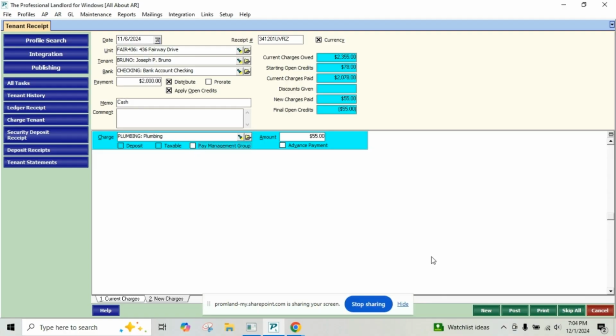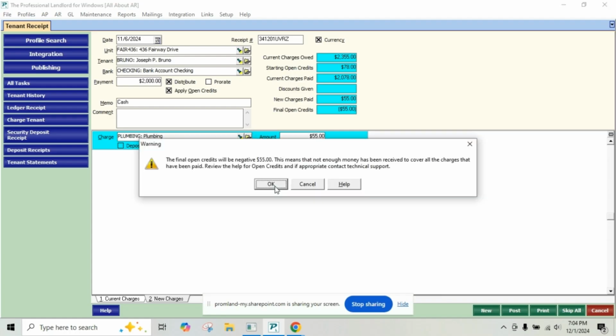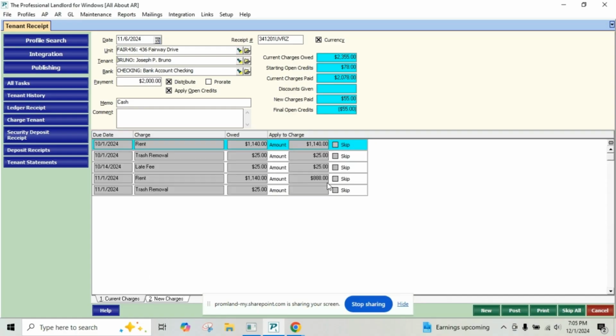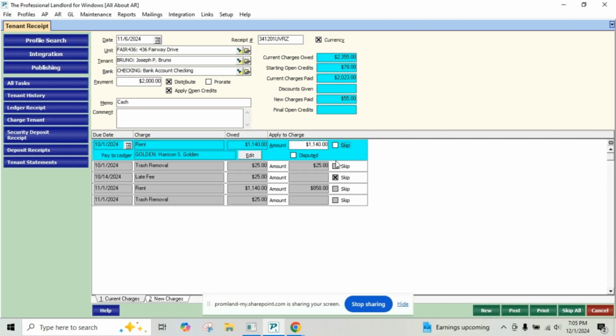Once you have this one in there, then you can just click on New. When you get this message, this means that the new charges is being paid off. You can allow this to happen or not allow it to happen. Most times you don't want it to happen. So you can cancel that out, go back to the current charges, skip this one and only pay off